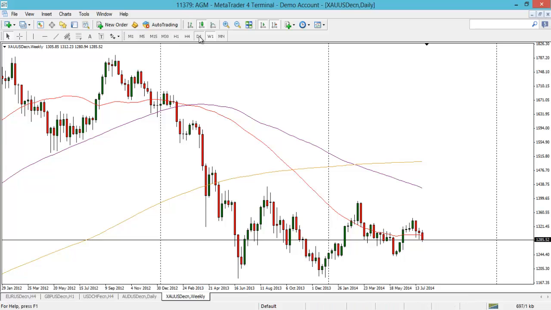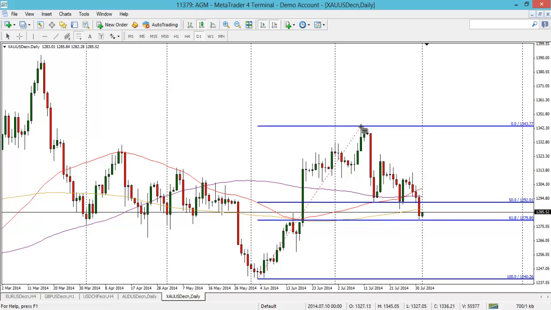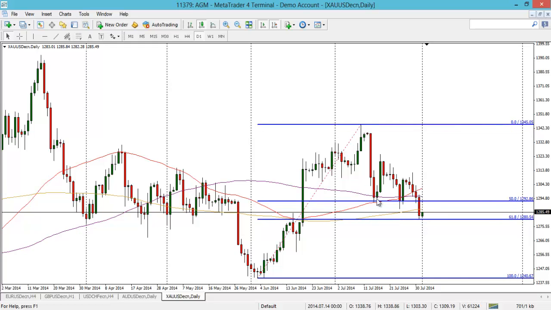But I think it's more interesting on the daily chart. We've spoken about this fib for some time now. Remember, we've got the two big holds here on gold, but they didn't hold for that long. You can see they always just got capped, and they were making lower highs. And you can now see that it is just grinding lower. Now we've got that daily close below the 100-day moving average, and yesterday's daily candle close was below the 50%. But interestingly, we've now tested the 61.8% retracement, and you can now see that's trying to hold.